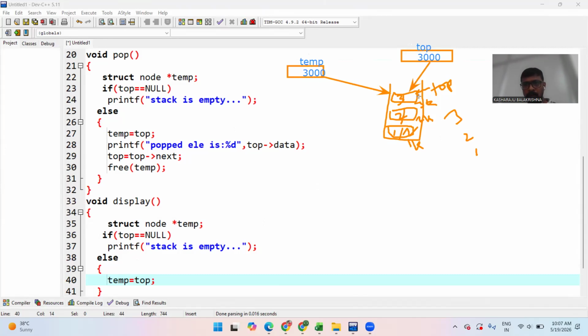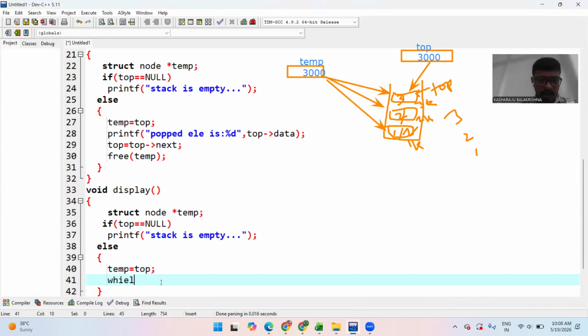But the top is not moving from here. If I move my top from here to here, I would remove the first element, that is the address of the 3000 memory location. For avoiding that, I'm taking the help of temporary. So I need to move from here to here, from here to here. Accordingly we need to display. This is a repetitive process, so I'm traveling like this while